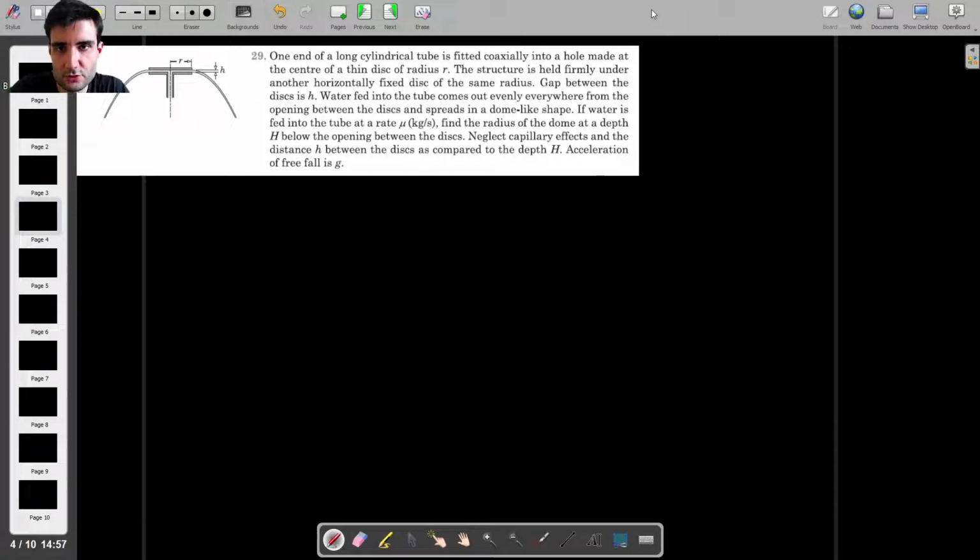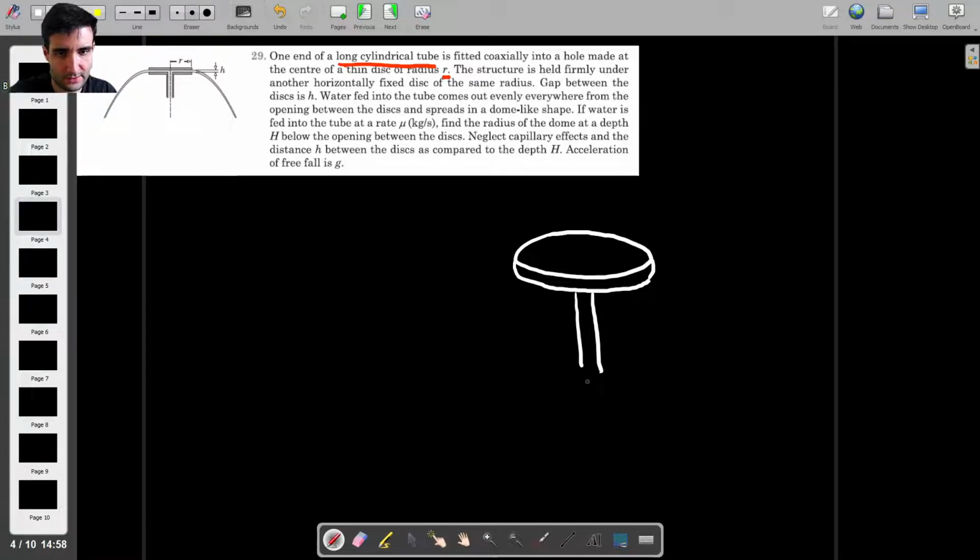So in this question, what we are given is a long cylindrical tube, and this is fitted into a hole made at the center of a thin disk of radius r. Okay, so this is just a 2D sketch, but actually the problem is three-dimensional, because if I try to draw this using an isometric view, then we've got something like this, right? So we have a pipe that is feeding water into this sort of sprinkler,